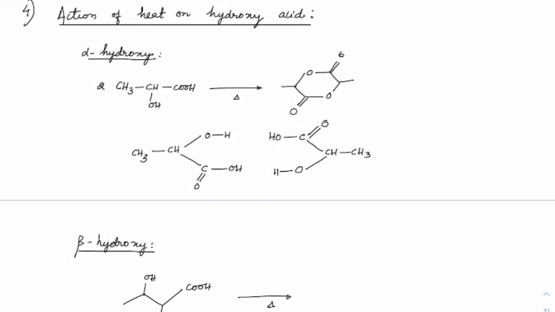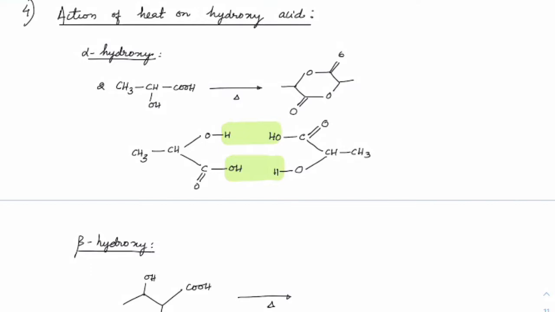So how is it done? You can see that the H from here and OH from here will dehydrate, and OH from here and H from here will dehydrate. This is what happens in esterification. So in esterification, we'll remove this water. OH comes from acid, H comes from alcohol. Here also OH comes from acid, H comes from alcohol. Remove that and add that connection, so you'll get this cyclic diester. Even if you have NH2, you will get a diamide. So the same kind of reactions has to be done. We'll go one by one.